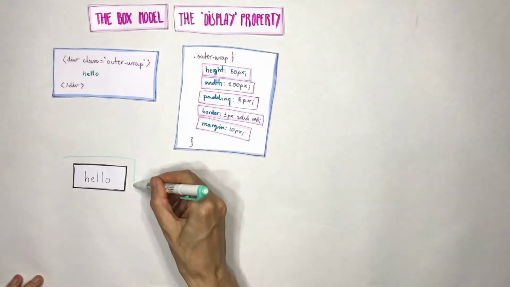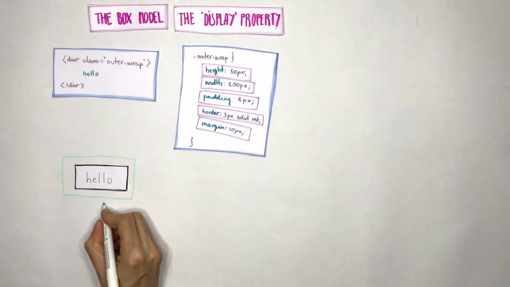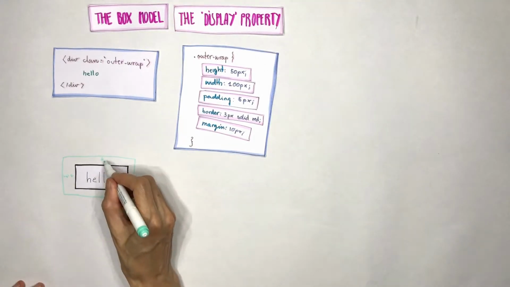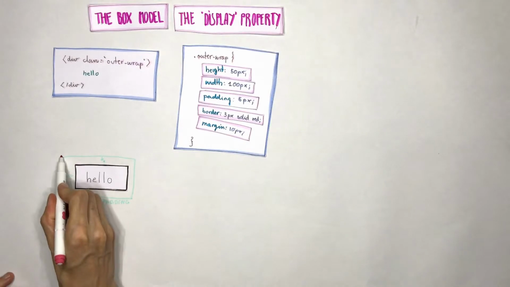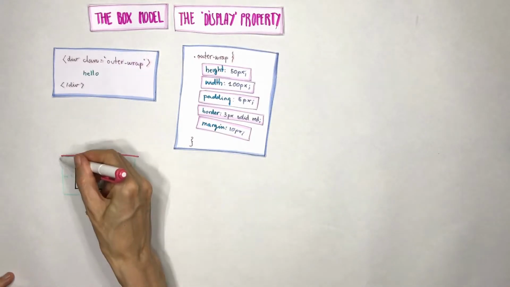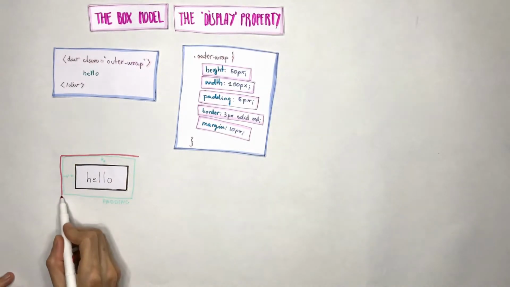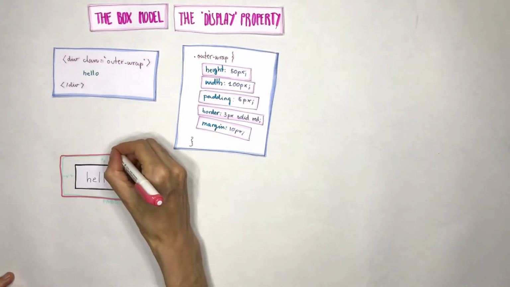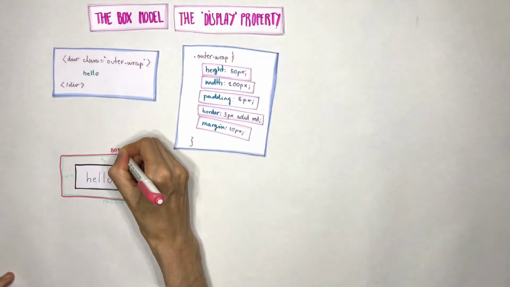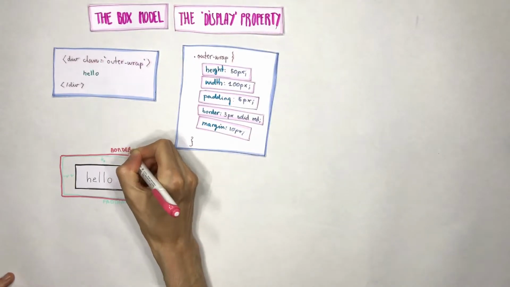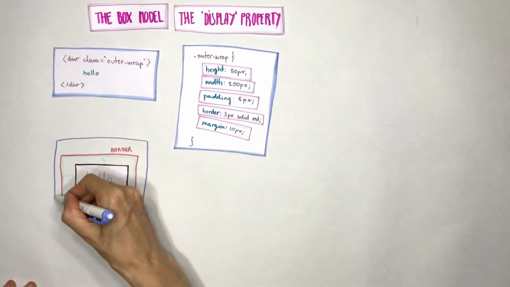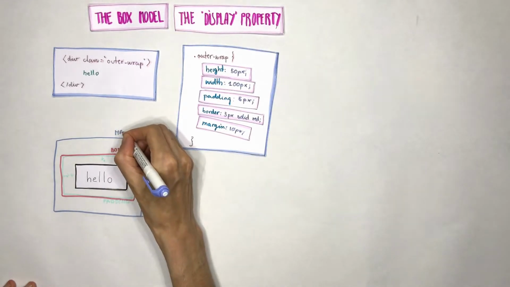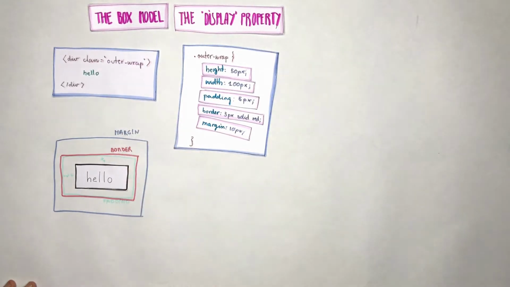Those are the padding. The padding is what separates the content from the border. Then we have the border, an element that can be visible because it can have a size, a color, and even a style. We can make it a solid line or dots or dashes. The border is like the limit of the element. After that, we have the margin, but the margin is not part of the element itself. It's the space that is going to separate the element from the element that is above, below, or